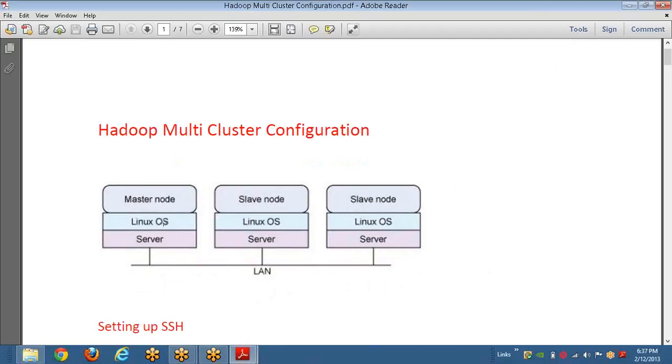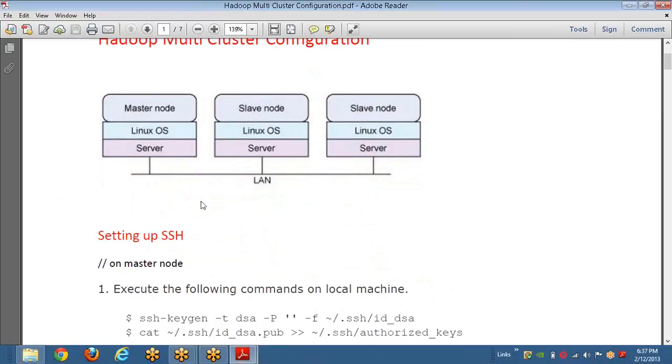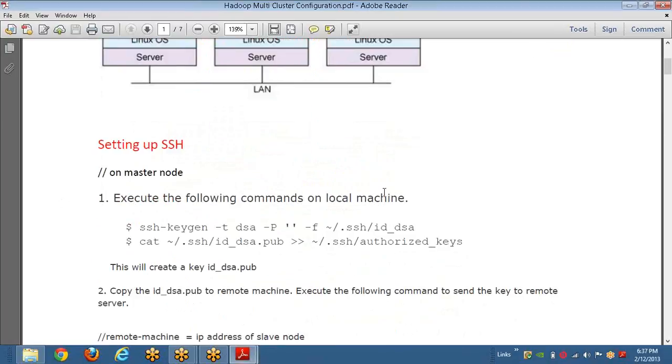It's saying that you have a server, a Linux OS, and in a more dedicated infrastructure you have a dedicated name node available, as well as a slave node available as well. That's something that will be there. So given this type of clustered environment, the first thing that we need to do in